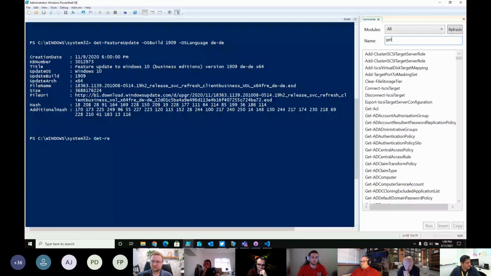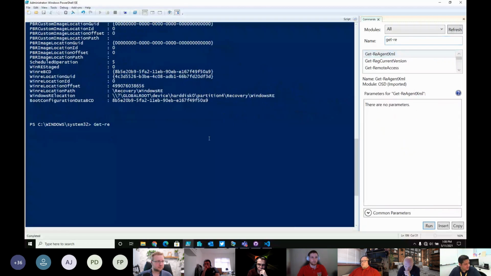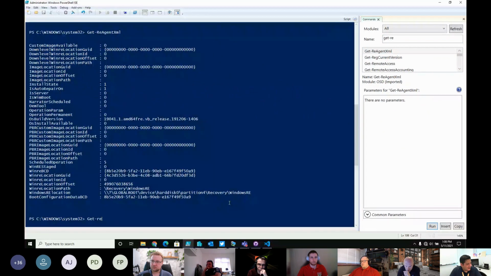Get-ReAgentXML is a function that's part of OSD, and this should look familiar because it's similar to reagentc, and so I had to add functions to find where your recovery environment is. But one thing that's new is Copy-WinRE.wim, and I can simply run this command, and this is kind of cool.